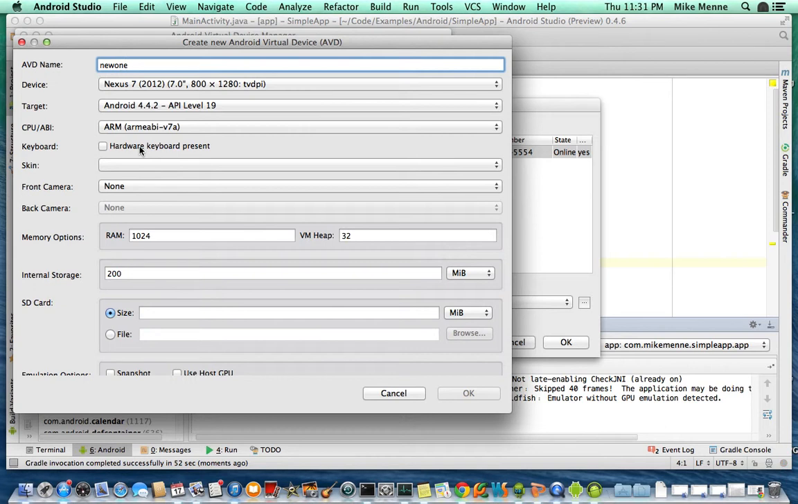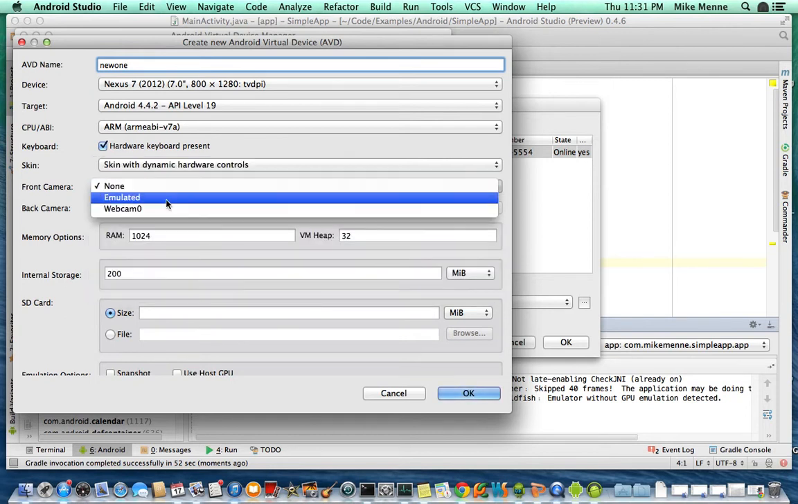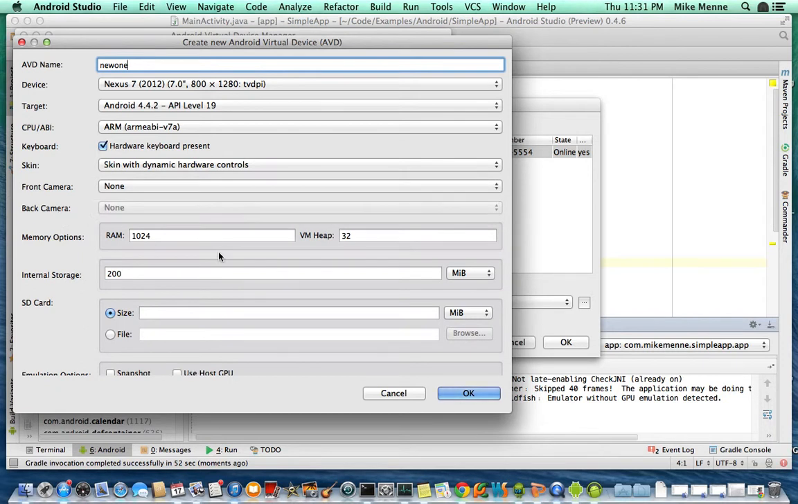Finally, you can choose whether or not the keyboard is present. Now, unselecting this will allow you to use your physical keyboard when you're typing into the application. It allows you to choose perhaps an emulated webcam or your own computer webcam for the phone camera. You have some default memory options, some internal storage. That's about it. Just go ahead and click OK. And now you have a brand new emulator that you can